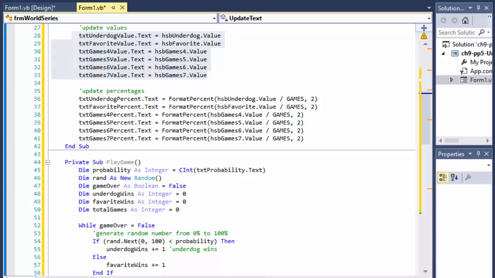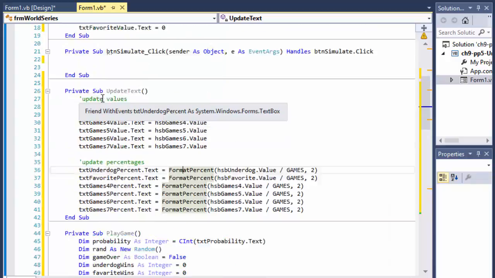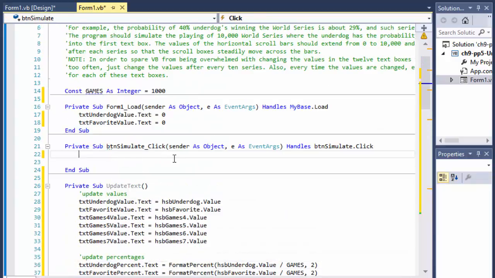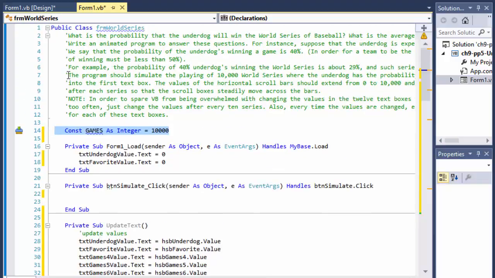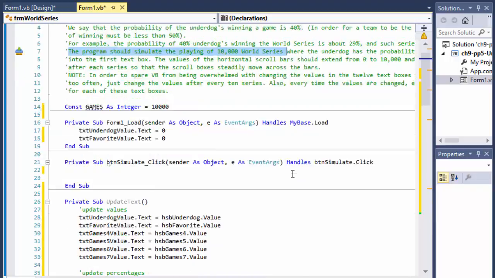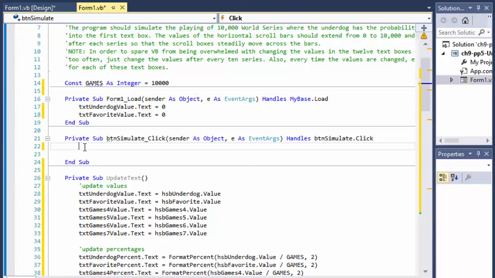So we have that, and so we have all the methods. Now we have to call them from our click. When we click the button, we want to call these methods, and we want to call them 10,000 times. Actually, I only typed 1,000 here, so let me do 10,000 for the games, because that's how many times they want us to play. The exercise says the program should simulate playing of 10,000 World Series. So it could be a minimum of 40,000 games if all of them are four games. So in order to do that,